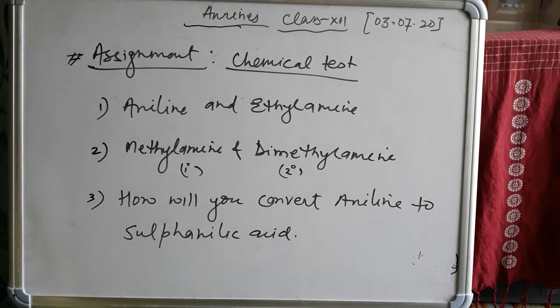In the next class, I am going to start P block elements. So students, be ready for this chapter, a very important chapter of inorganic chemistry. The total weightage of this chapter in the CBSE board is 13 marks. So all the P block and D block elements are important for us, with all the reactions and properties. In the next video, I am going to start the P block elements, meaning group 15 to group 18 at first.